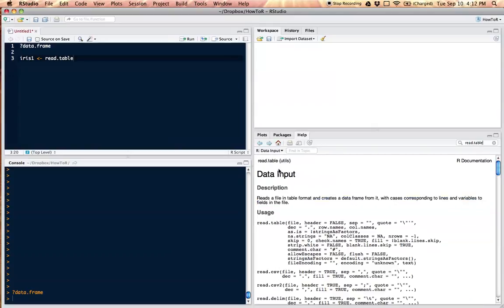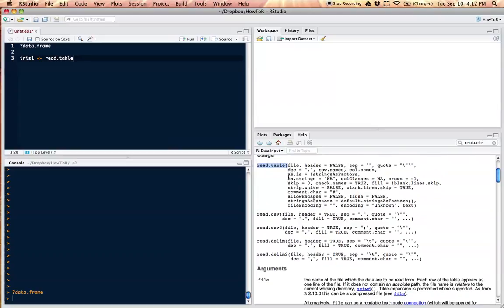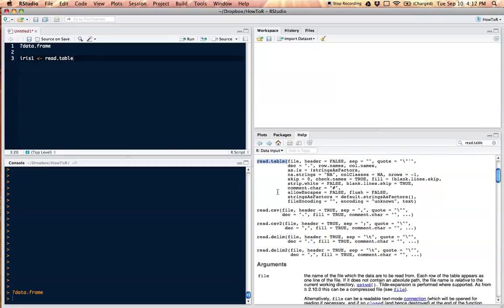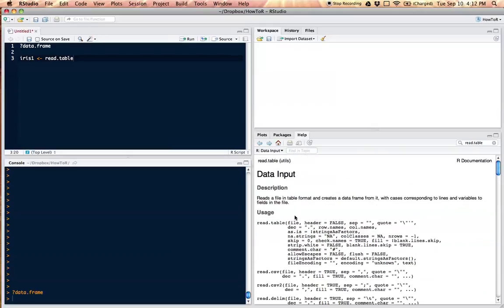And you see here, read.table is a very basic function, and there are different versions. There's read.table, which is the broadest, the most general. There's read.csv, read.csv2, read.delim, and read.delim2. CSV, the default separator of data values is a comma, as shown here. Read.csv2 uses a semicolon. Read.delim means it's tab delimited. This little slash and t, that is how you denote tab. And read.delim2 is also tab delimited with some other options. But we're going to start with read.table,